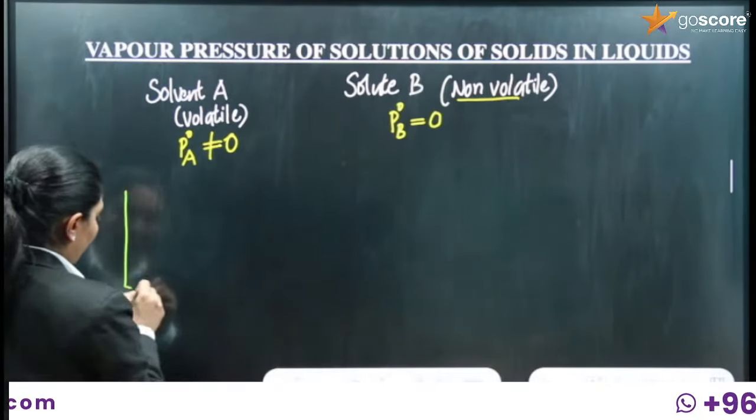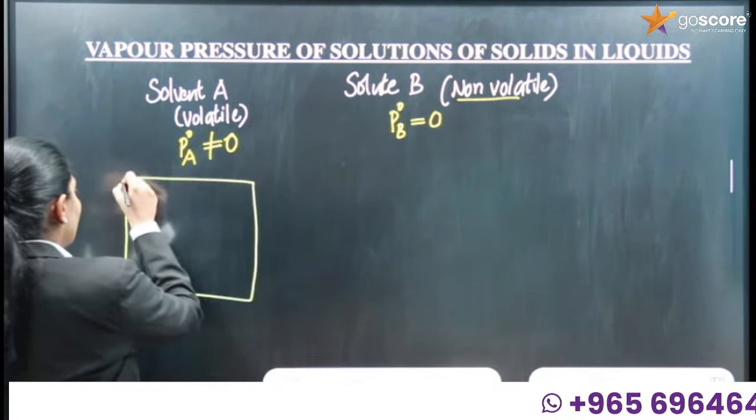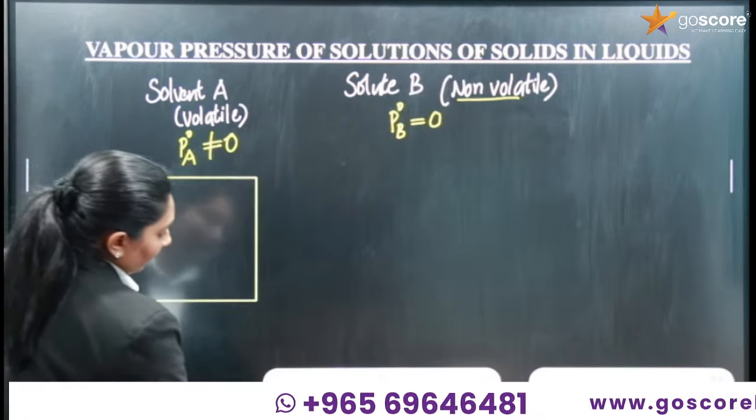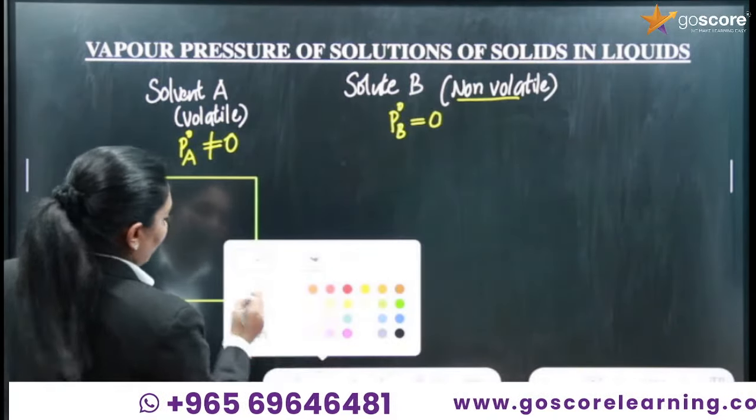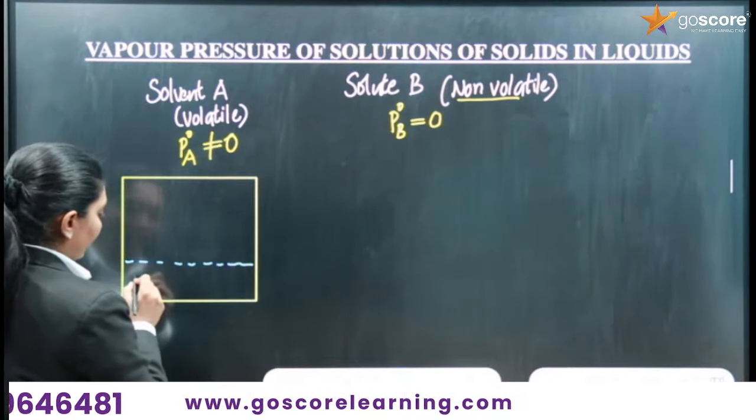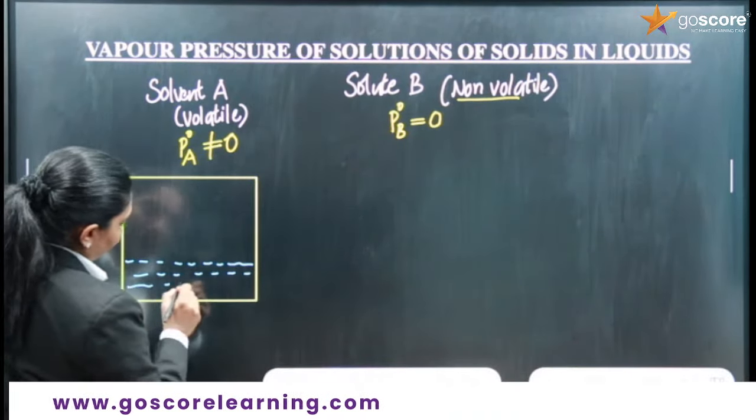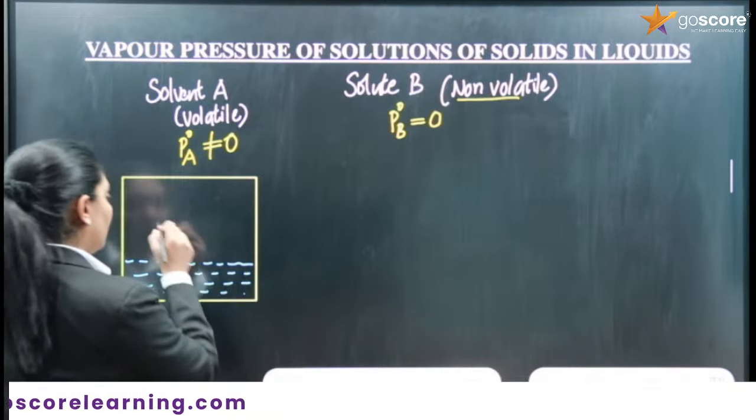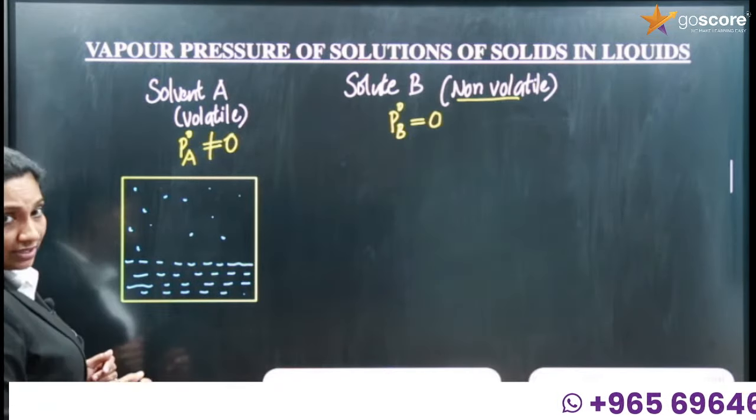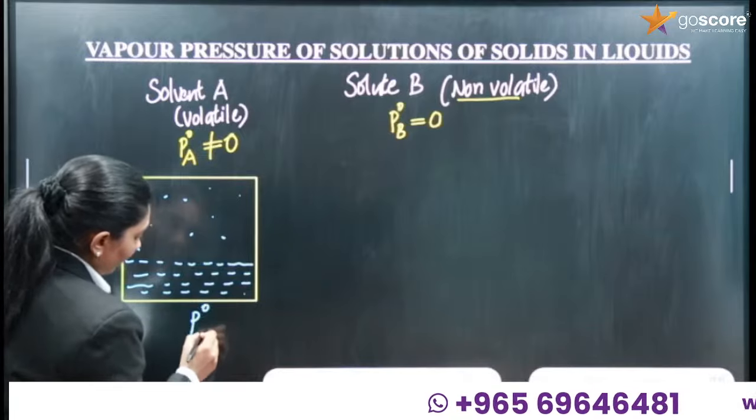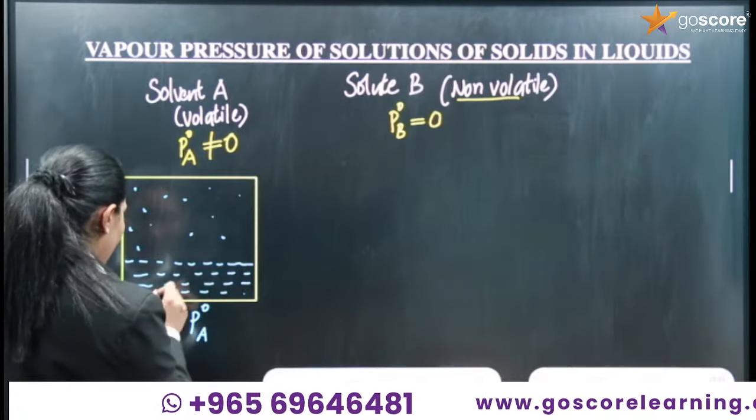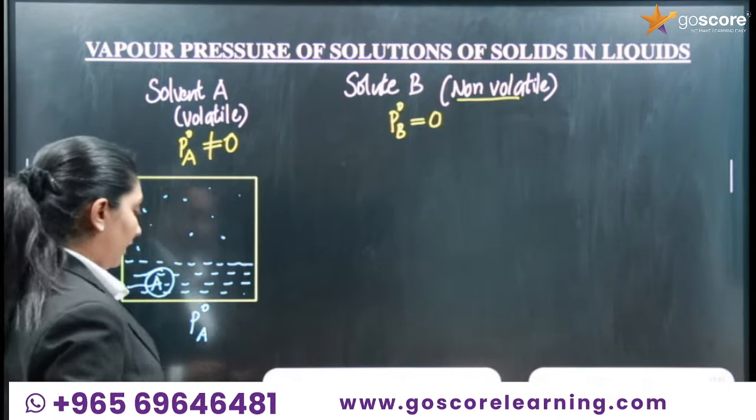Now see, this is the closed container that we are maintaining at a constant temperature, right? Here we have filled the liquid, that is, we took only the pure solvent A, which is volatile in nature. So definitely it will form some vapors, right? And these vapors will exert a pressure, that is what we call P naught A, the vapor pressure due to the pure component A, right? So this is our solvent A. Okay, now